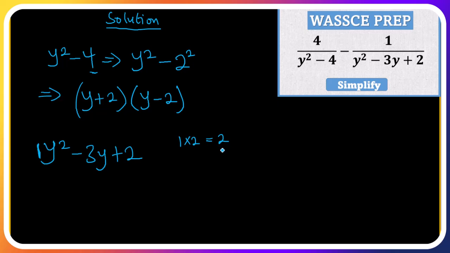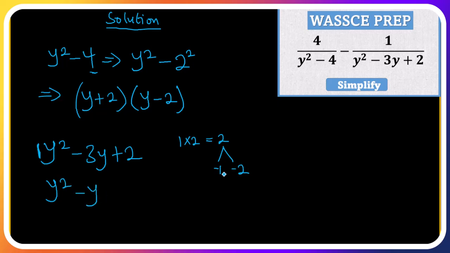Now from these products we are to find the sum: the factors of 2 which when added together give us negative 3. So that is negative 1, negative 2. Negative 1 by negative 2 gives us 2, and negative 1 plus negative 2 gives us negative 3. So we have y squared